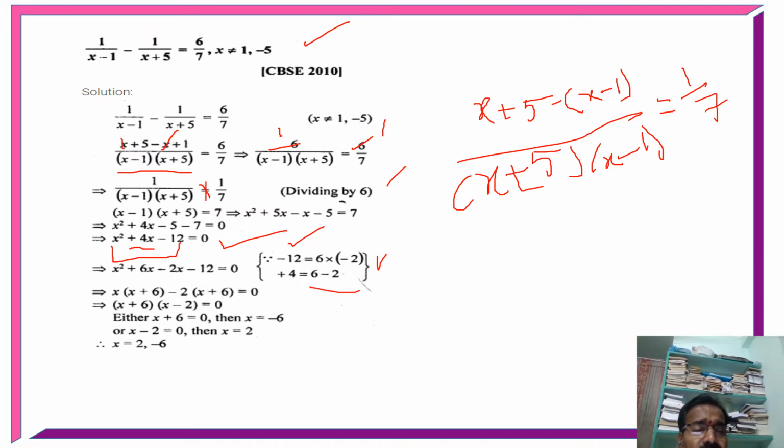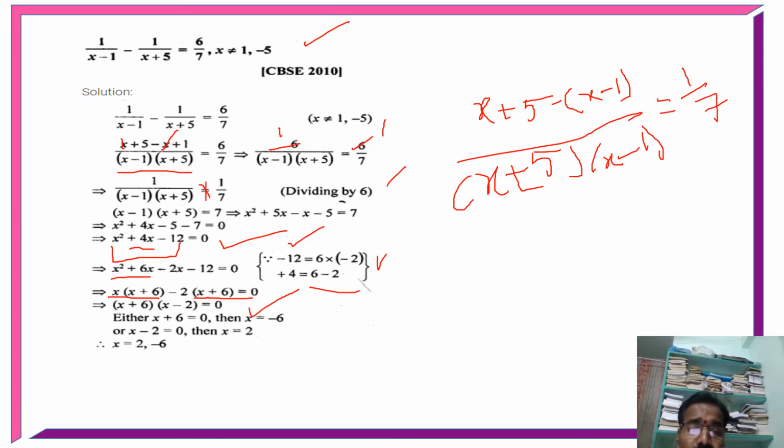So we took x square plus 6x minus 2x minus 12 equal to 0. x is the HCF over here. After factorizing x, we have x of x plus 6. To get x plus 6, here minus 2 is factorized because both are negative. To make the negative positive, we factorize minus 2, and then we have x plus 6 into x minus 2 equal